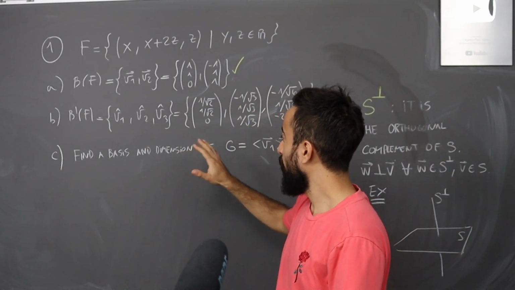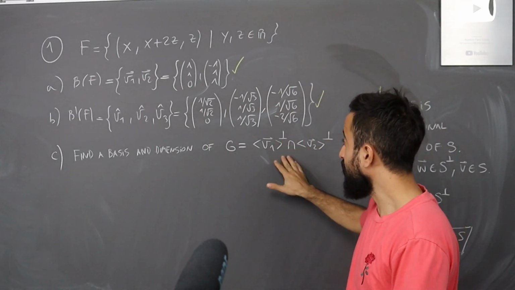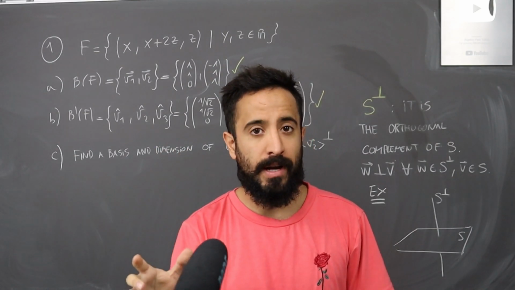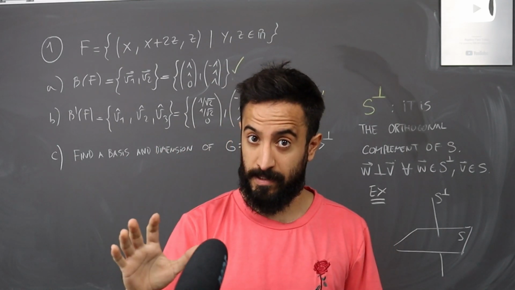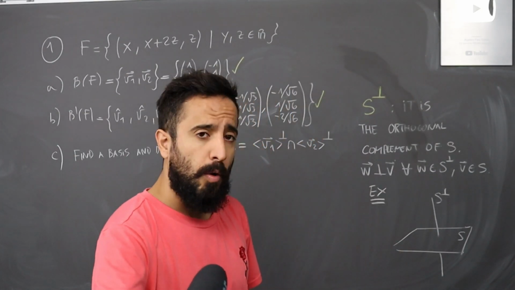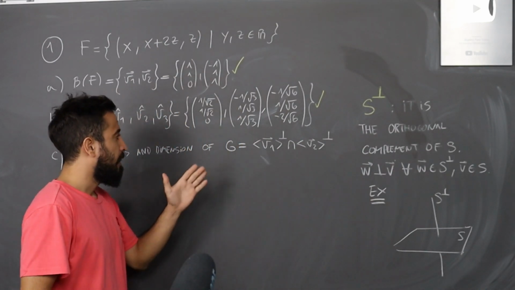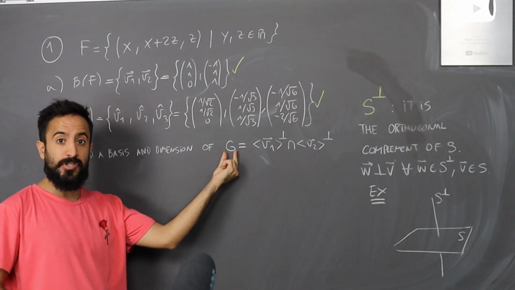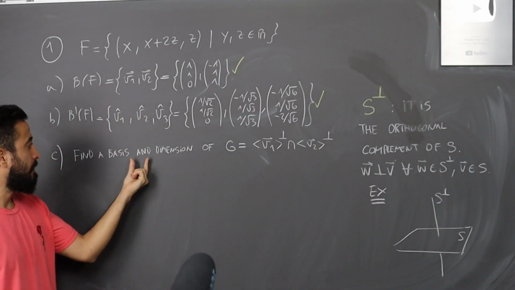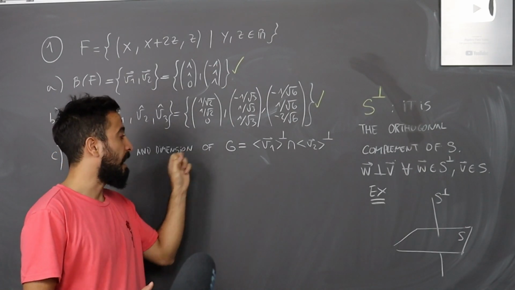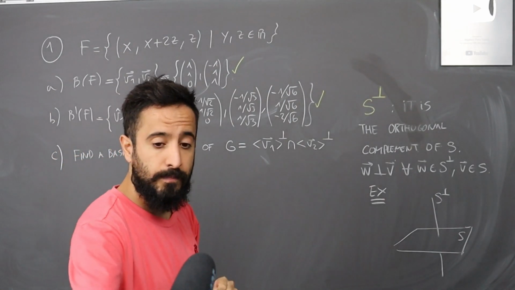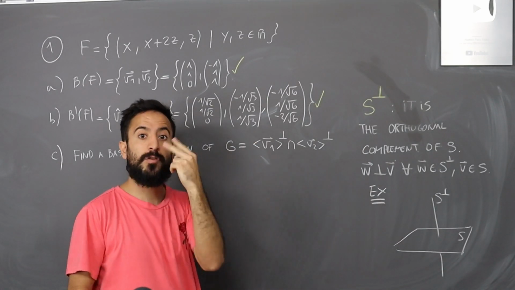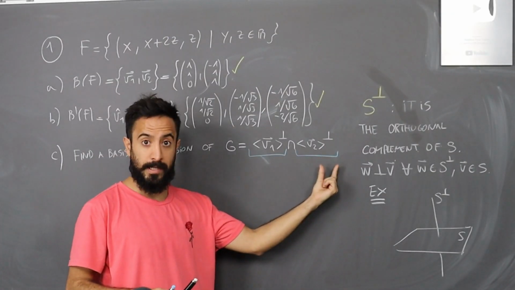Because here we have, which apparently is a really hard exercise, but if we approach it the right way, it's so easy. Let me show you. What is this asking? They're asking for us to find a subspace G, to give a basis of it, and to give the dimension of this subspace, okay?